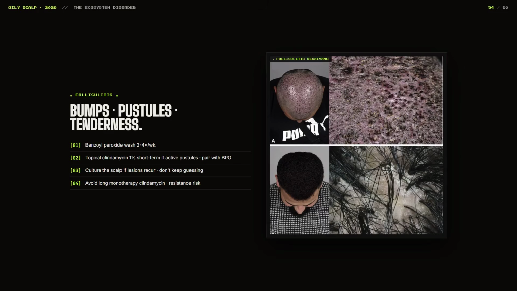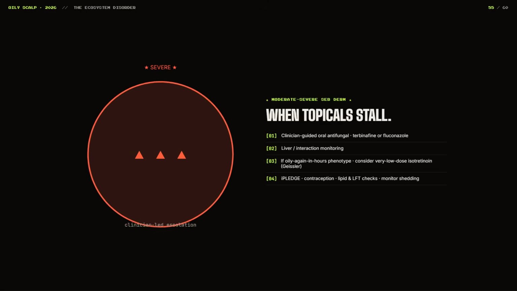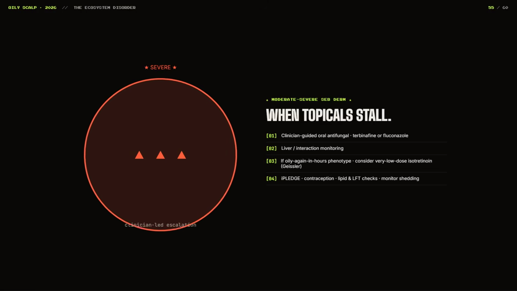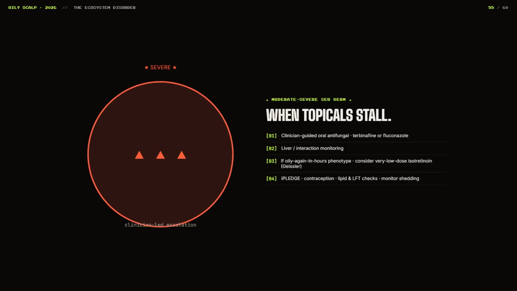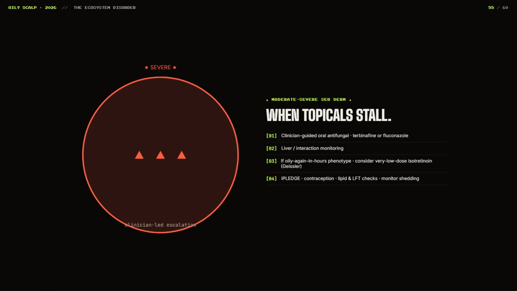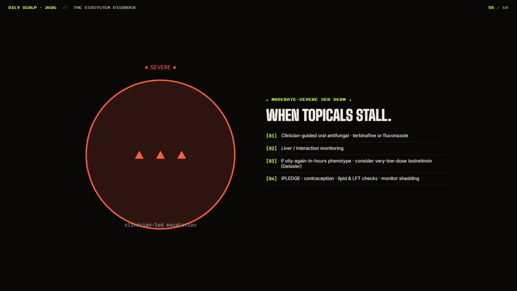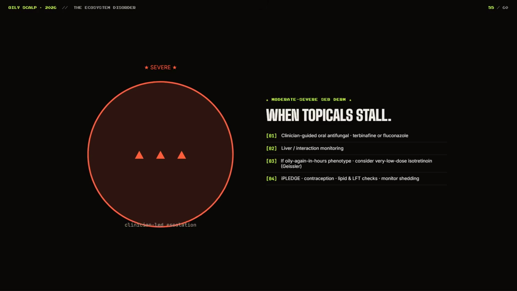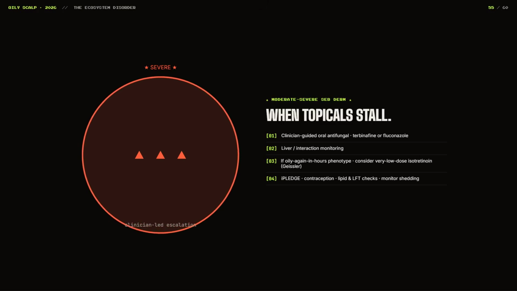If the scalp is oily with burning, perifollicular scaling, shiny patches, loss of follicular openings, patchy hair loss, or pain, then I would not treat that as simply an oily scalp. You've got to get to the dermatologist and get an evaluation, because you could be dealing with a scarring alopecia or an inflammatory scalp disorder that may be persistent.